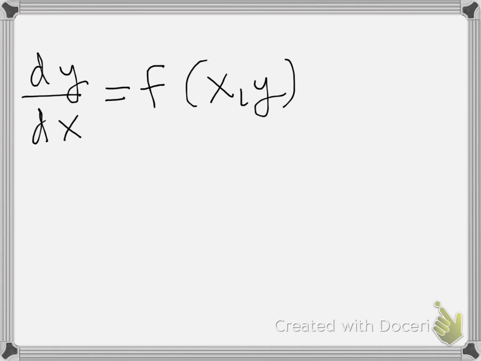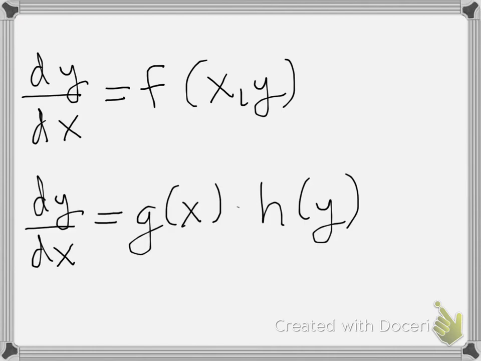So we're going to start off by focusing on a special type of differential equation to begin with, and that's a first order differential equation that can be put into the form dy dx equals f of x y, where f is a function that could depend both on the independent variable x and the dependent variable y. Right out of the gate, we don't necessarily know that a first-order differential equation can automatically be put into this form. Not every first-order differential equation can be, but we're going to say, suppose that we have a first-order differential equation that can be written in this form,